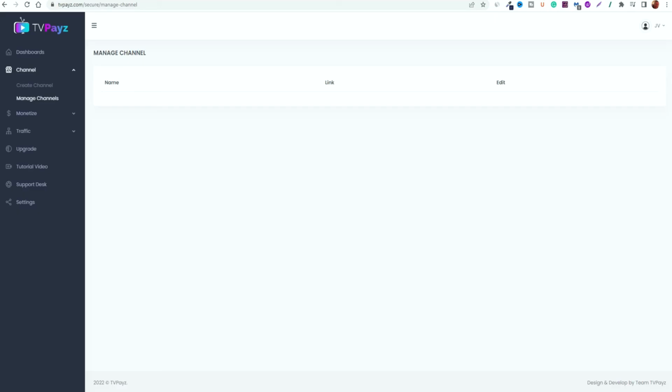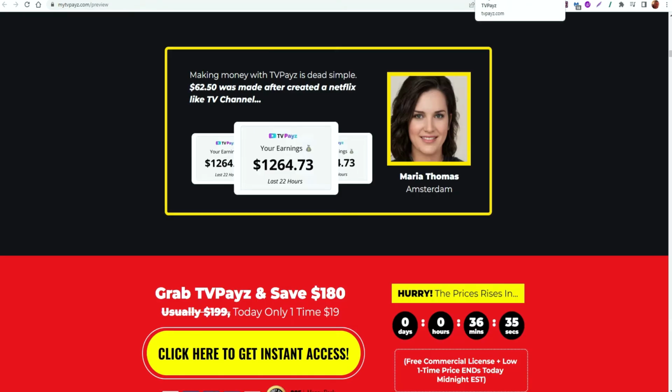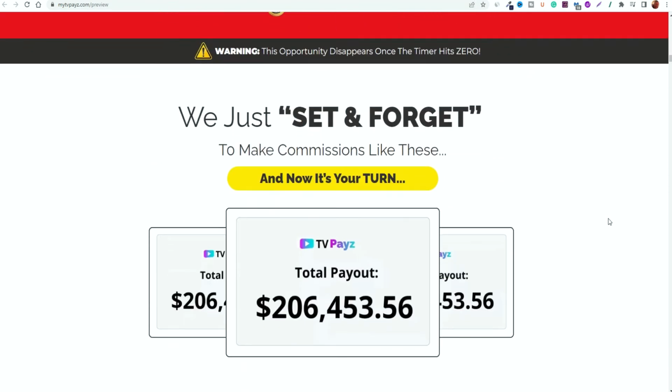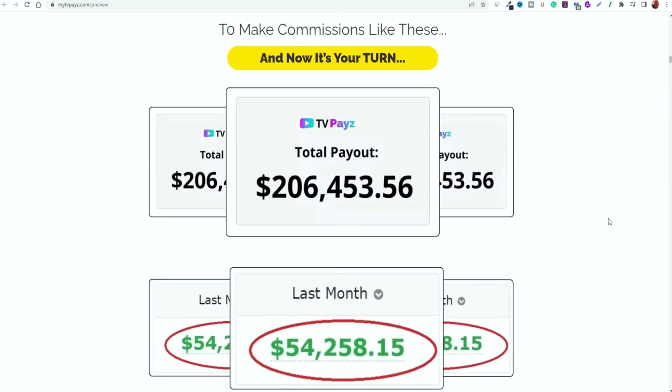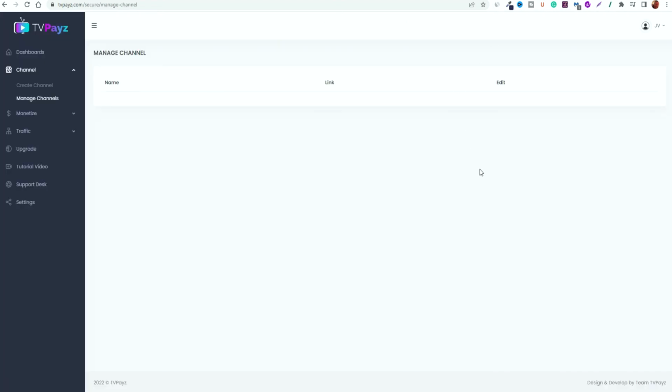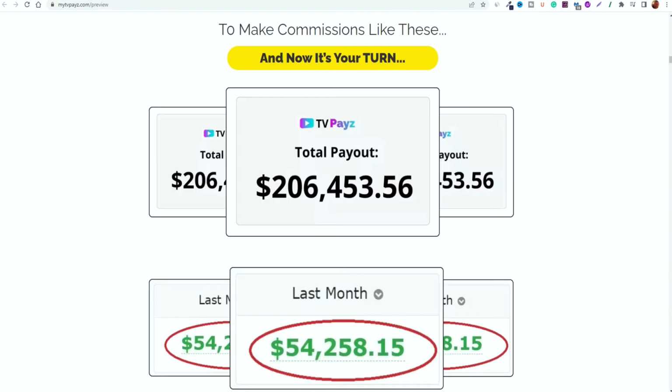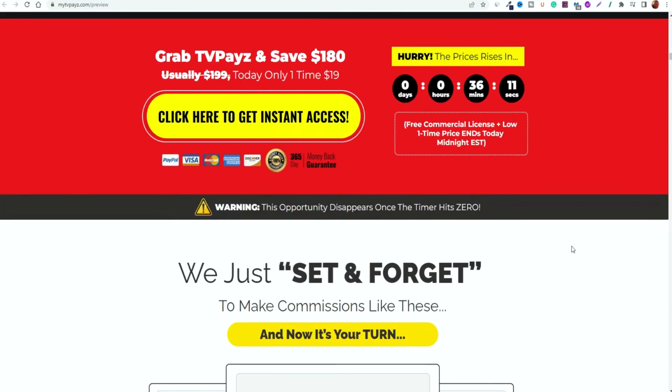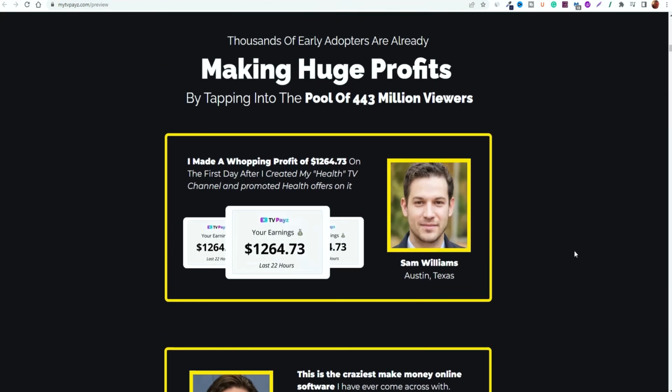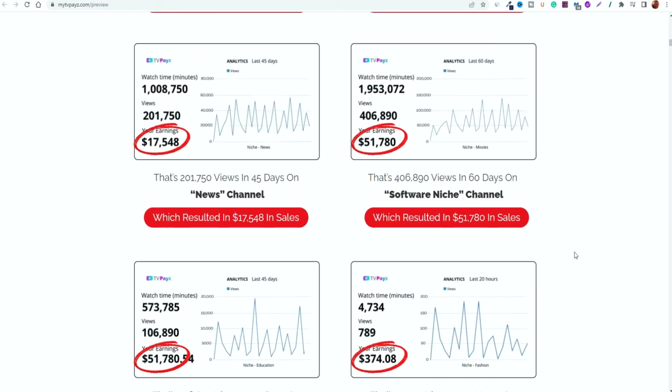So seriously, in my own personal opinion, you really should just avoid platforms like these altogether. The majority of platforms on Warrior Plus that are constantly being put out like this all use the same premise and the same kind of idea. It's always to make a quick turnaround and a quick buck. But the chances are that this platform will not be available in 6 months' time, that it will be shut down. So even if you do manage to create a site on the platform, the chances of it working 6 months from now will be non-existent. So you'll have wasted all your time, energy and money on something that isn't going to work for you. So you're best to avoid it altogether.